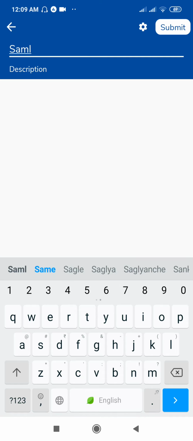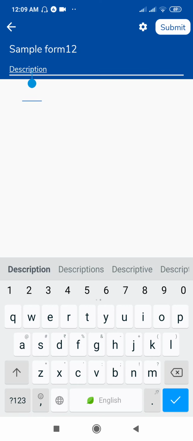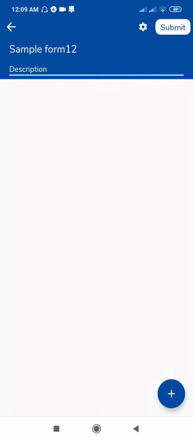So suppose this is your sample form. Write the name here, sample form 1 2. Write the description here. You can write the instruction here. After this, tap on this plus sign to